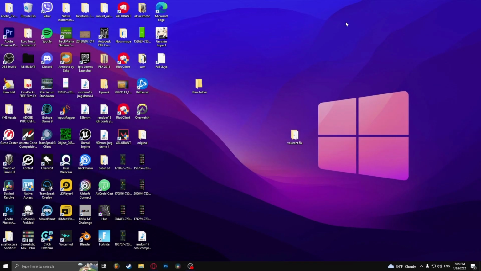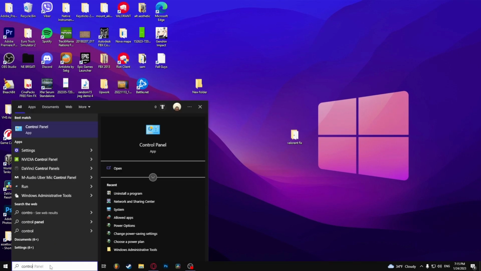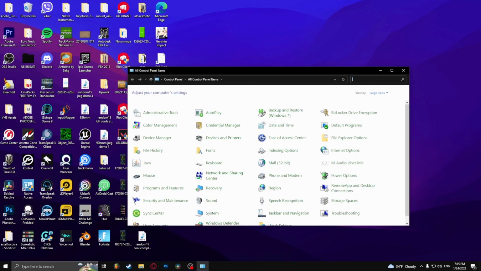How to fix the error vcruntime140.dll is missing in Fall Guys. Now to fix this error, you have to go to control panel and then right up here type in